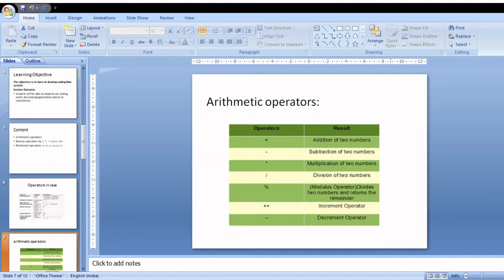Basically, we consider the plus, minus, star, slash, and modulus as the basic arithmetic operators to perform arithmetic operations or calculations in Java.